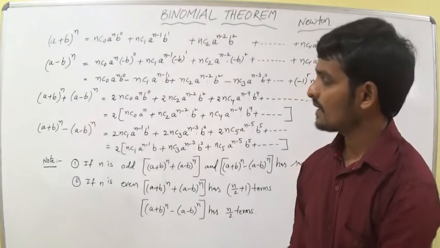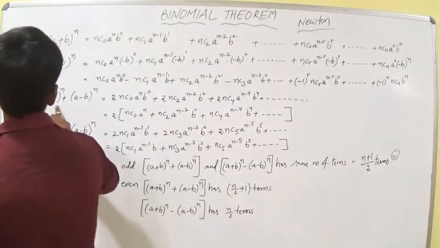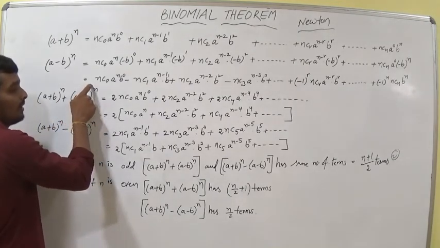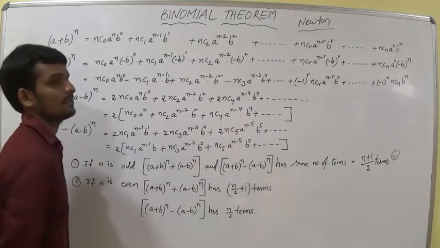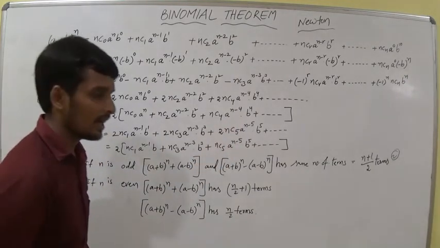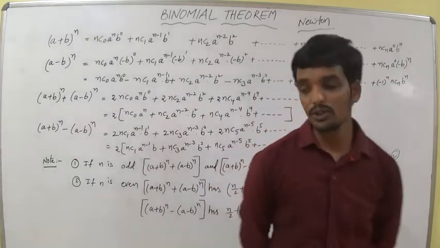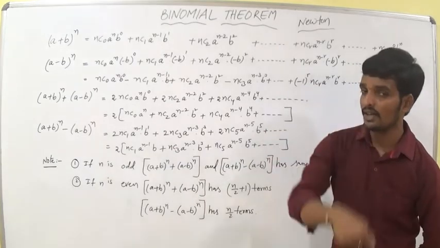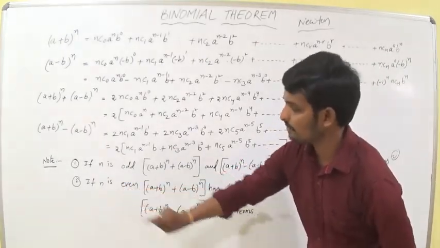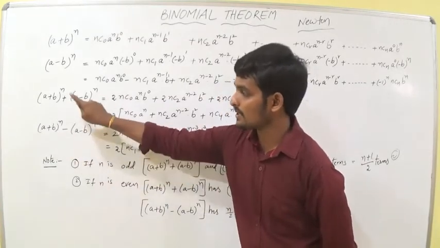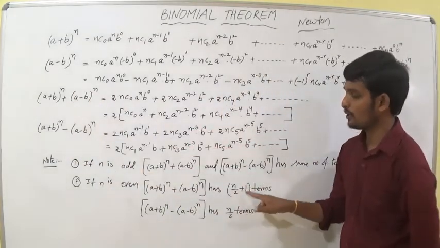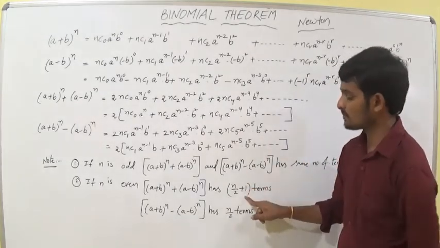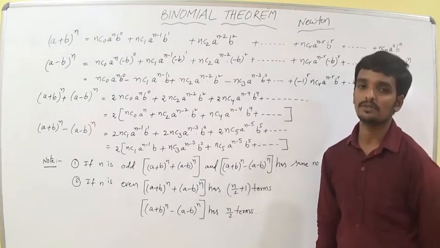After that, if you work hard on the example 2, we have to do some problems from this example. For example, you have to write (x plus y) whole power 10 plus (x minus y) whole power 10 having dash number of terms. So if you know this formula, these three things, we can answer directly. I am giving n value 10. N value 10 means it is an even number. I am asking plus or minus. I am asking plus. So we can use this formula n by 2 plus 1. What is the value n I am giving? 10. 10 by 2 is 5. 5 plus 1 is 6 terms.